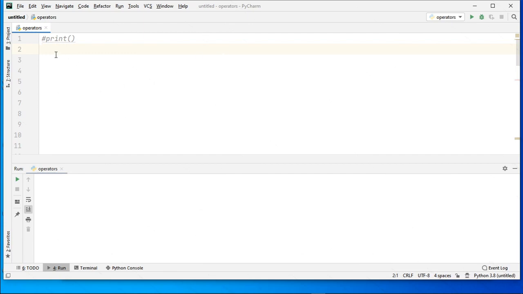So friends, here we are going to discuss the print function. Actually, the print function is used to print any sentence or the value of a variable or some expression result onto the screen.